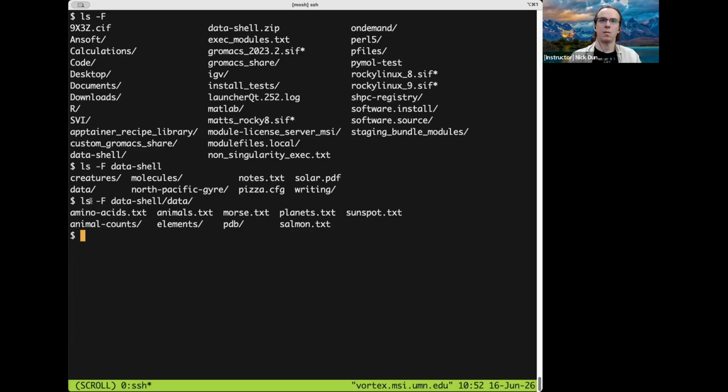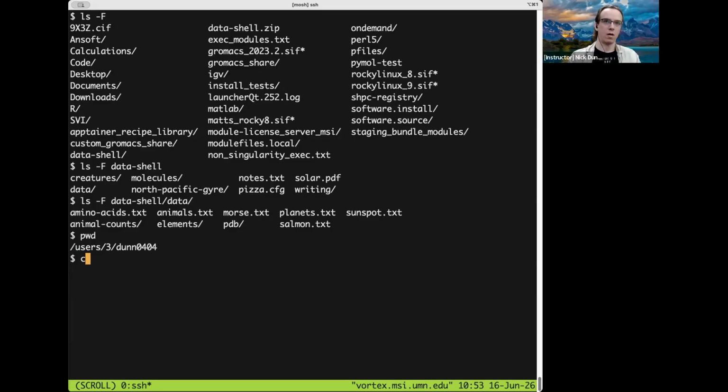We can instead type something shorter that indicates the relative location from our working directory. So we can change our working directory to a different location by using a new command called cd, or change directory. Before we do that, I'm going to pwd to remind ourselves what our working directory is right now,